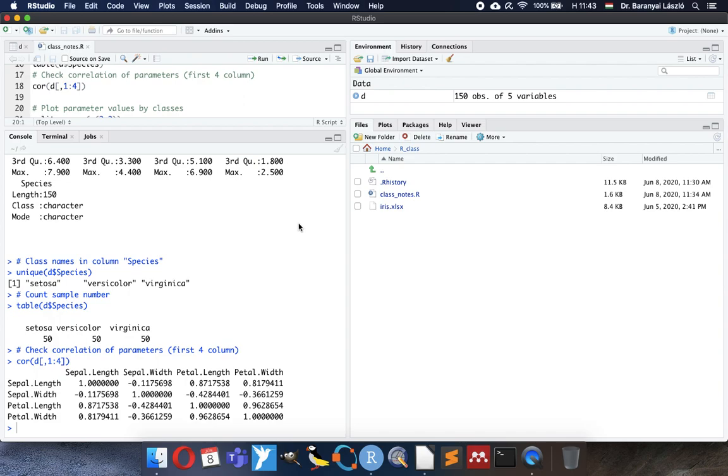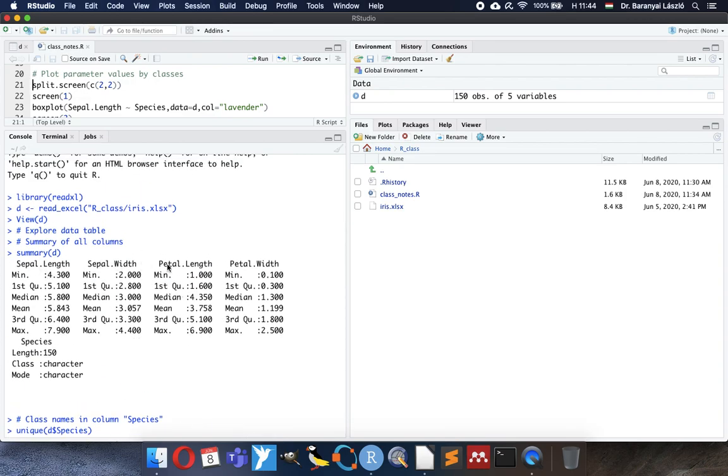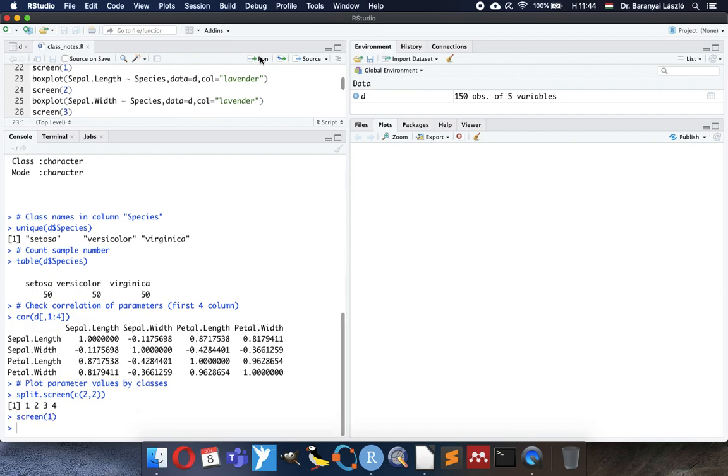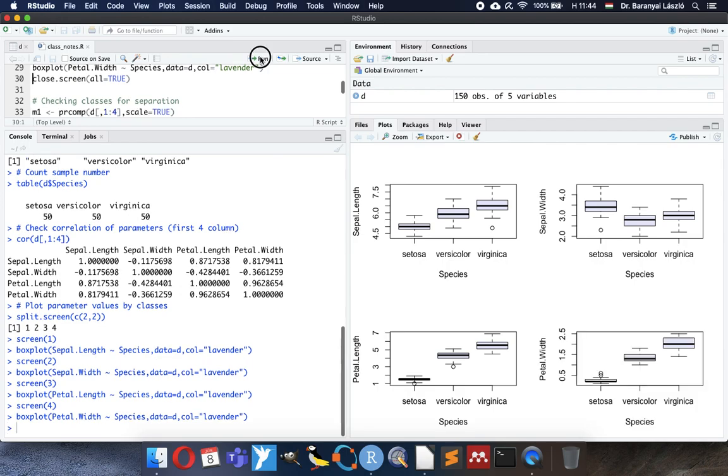First, it would be nice to see and check whether our classes could be classified at all. How the parameters, how the data look like. Because we have 4 parameters: sepal length, sepal width, petal length, petal width. I split the screen to 2 rows, 2 columns, and I prepared some plots, box plots, to see how the